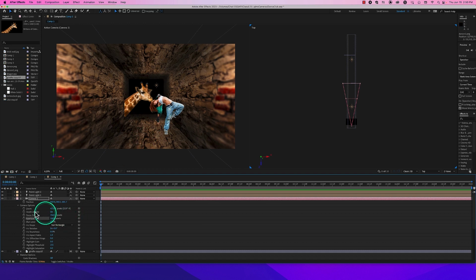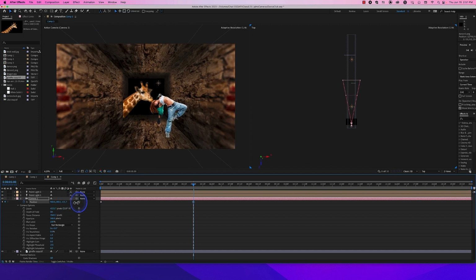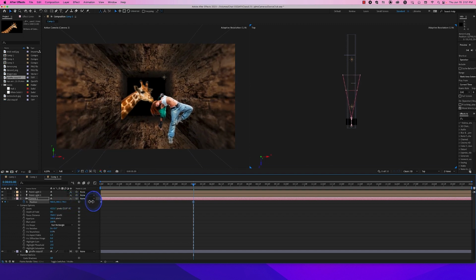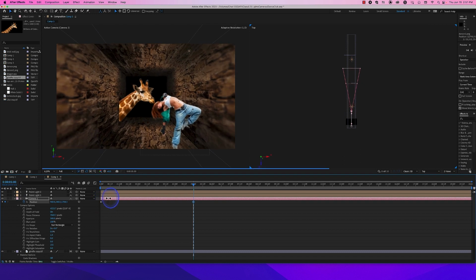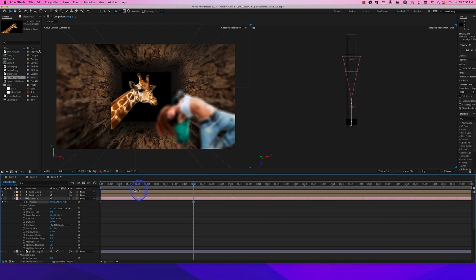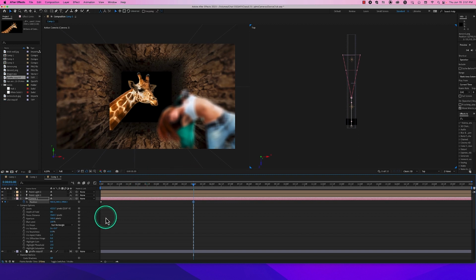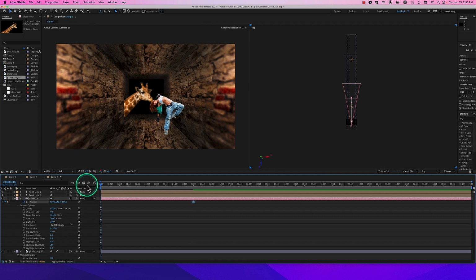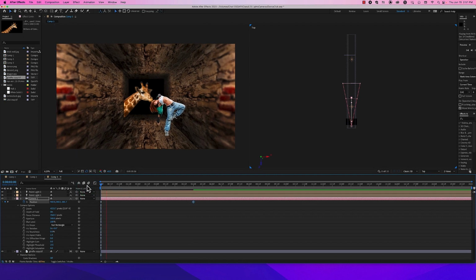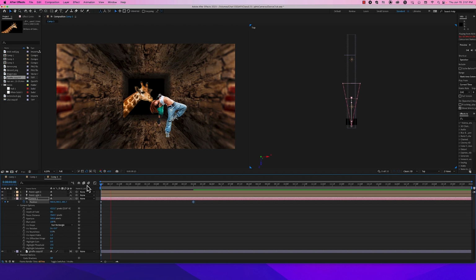Now what we're going to do is we're going to push in. We're going to take position controls, and we're going to physically move, maybe over 5 seconds. We'll slowly start to push in. You're going to see that this line will move because we're moving the camera closer, and we have this focused so that she's in focus. But if we move the camera and we push in to here, she's going to go out of focus, and this line is eventually going to go to the giraffe, and the giraffe will be in focus because we'll be, however, 7,000 pixels away from him. So now we have this kind of move, and this is a more realistic, replicated kind of camera that moves here, and as it adjusts,